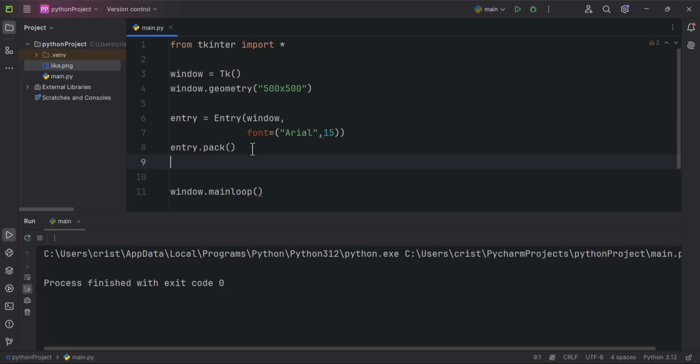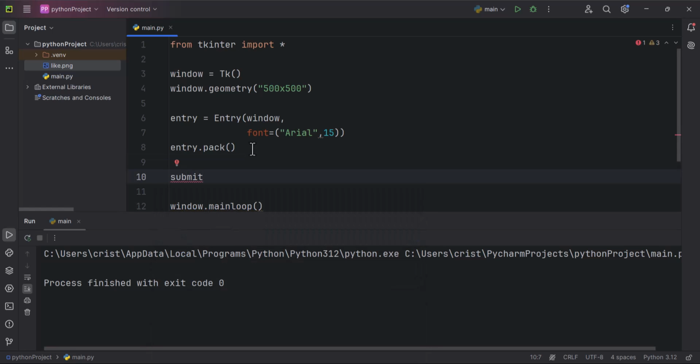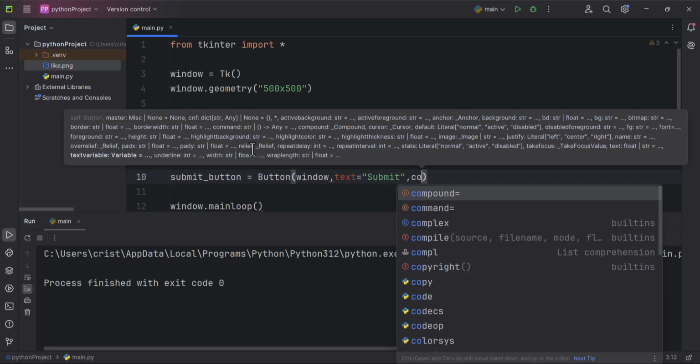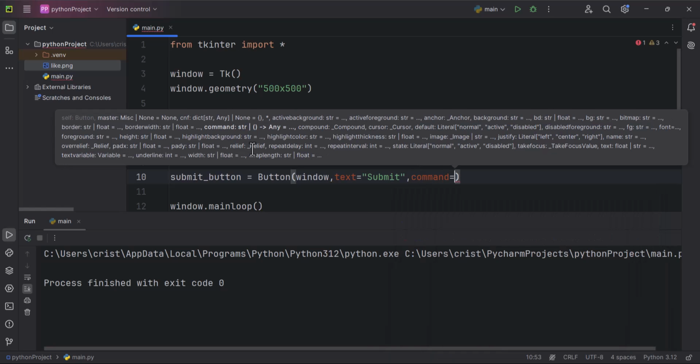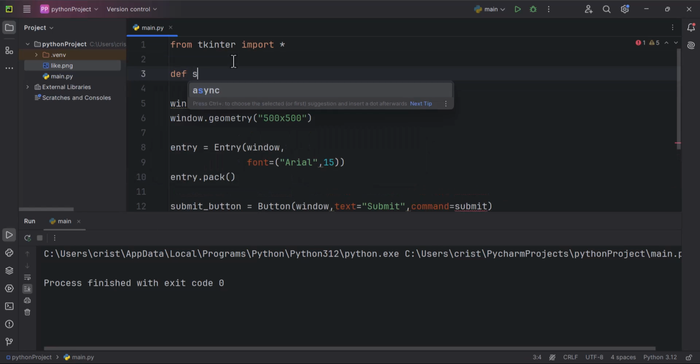Now I'll go down here and I'll type submit button equals Button. It's going to be showing our window. Text is going to be equal to submit, and command is going to be equal to submit. I'm going to create that function. So I'm going to go up here and I'll type def submit,